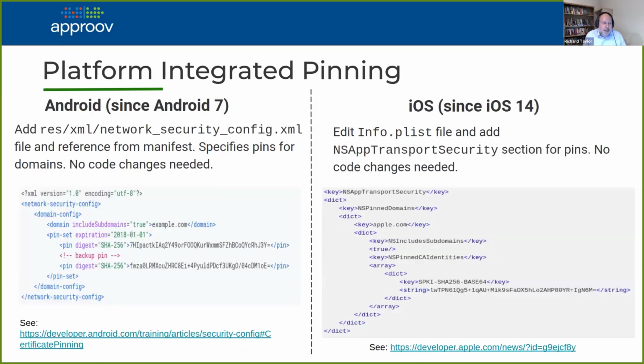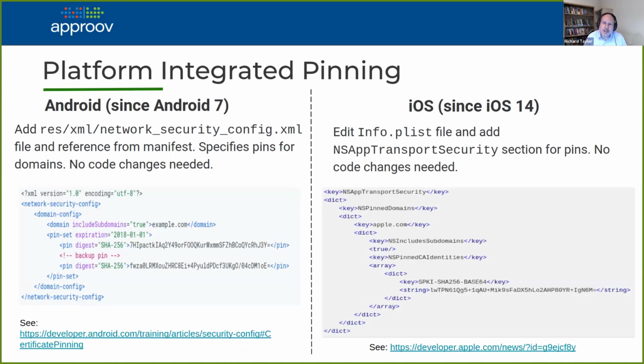So in terms of implementing pinning, most of the networking stacks available for native apps and for various other development frameworks have some means to pin. They're all quite different in general. Some of them are quite cumbersome to use. As we'll talk about later, we have some integrations for all those different networking stacks.